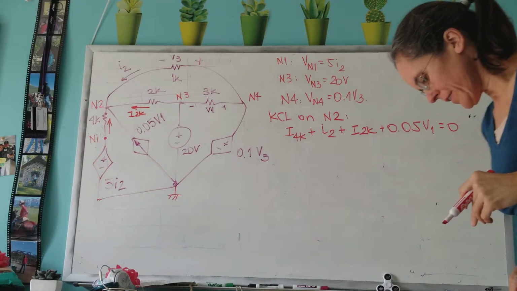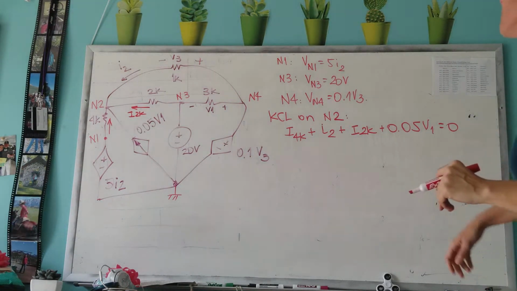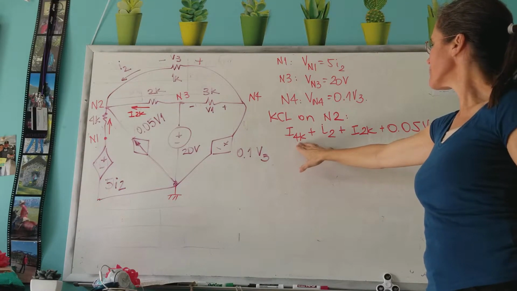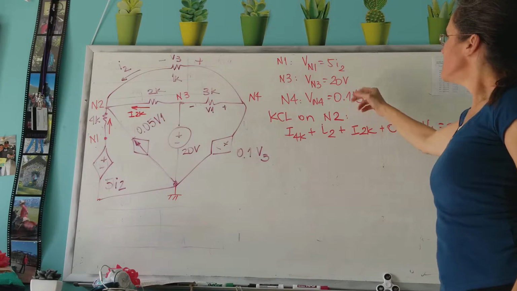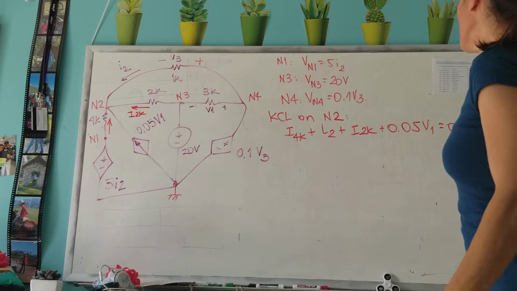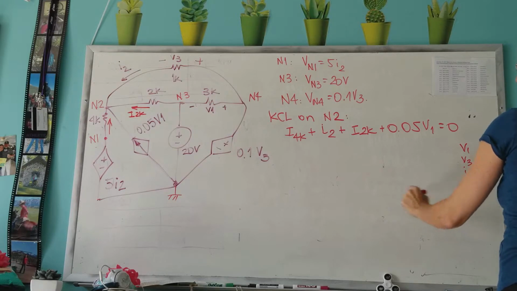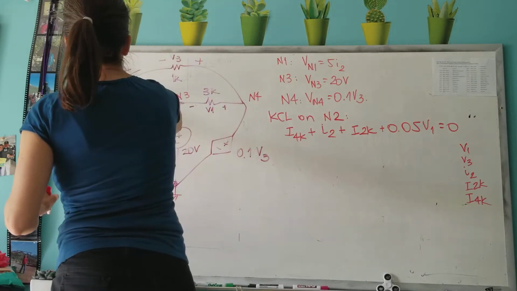So now I think this is the main question you guys have, which is I have a lot of variables here and I only have really 1, 2, 3, 4 equations. And here I have I2K, I4K, I2, V1, V3. I2 is already here. So I have V1, V3, I2, I2K, I4K. I'm going to write I2K and I4K here,